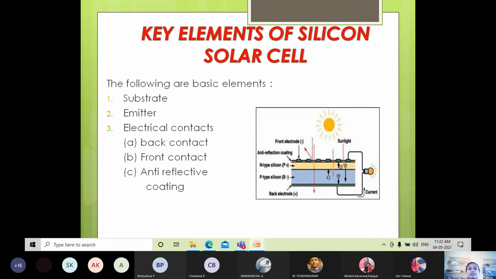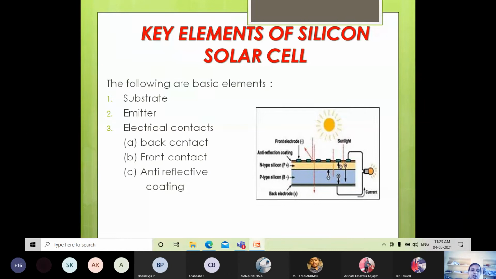The wafer may be single crystalline or multi-crystalline. This is about the substrate. First, it is an unpolished P-type wafer. It will be a base material. You can observe this is a P-type substrate and N-type substrate. While selecting the wafer for solar cells, they consider the 4 parameters: orientation, thickness, resistivity, and also doping.